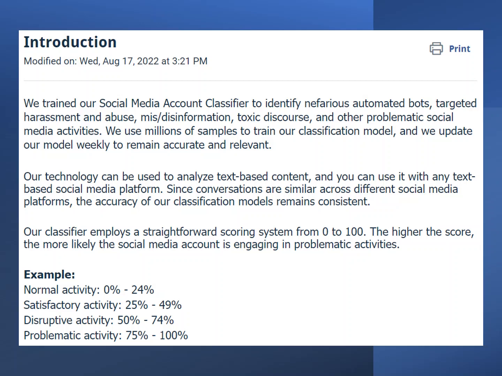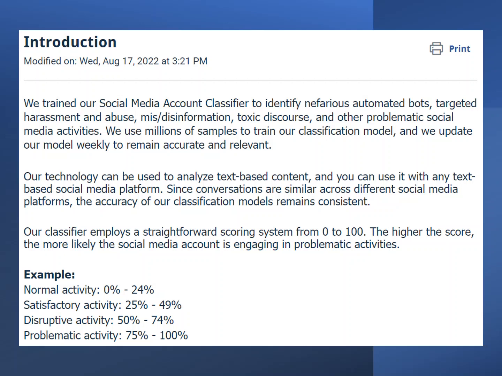And it says that we trained our social media account classifier to identify nefarious automated bots, targeted harassment and abuse, mis and disinformation, toxic discourse, and other problematic social media activities. We use millions of samples to train our classification model, and we update our model weekly to remain accurate and